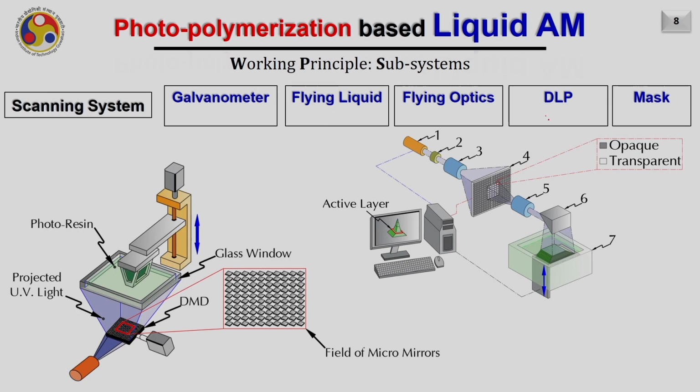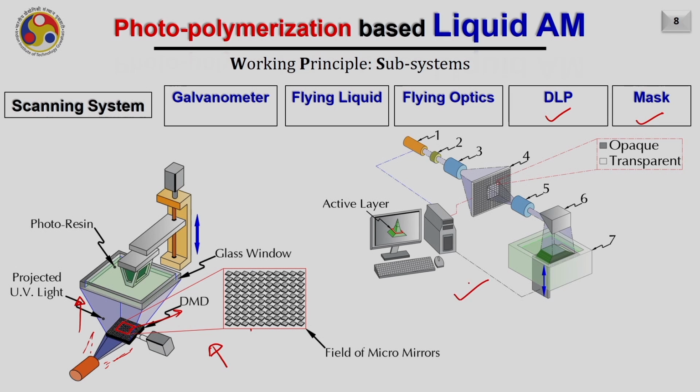The schematic of DLP and mask are given here again. For example, like I have already explained, this is the UV light which is coming in flood, not a sharp beam, and when it falls onto the array of mirrors, the appropriate mirror deflects the light on the top table, and if it is not required, the mirror will deflect the light somewhere else.